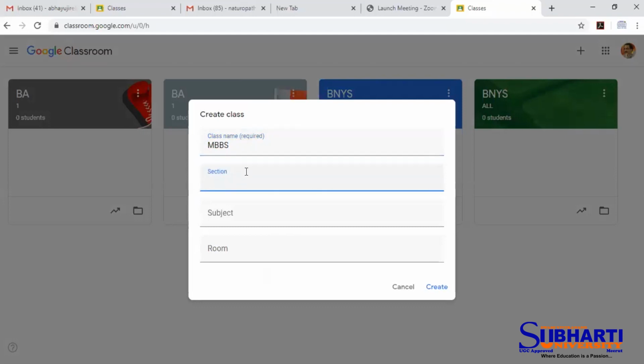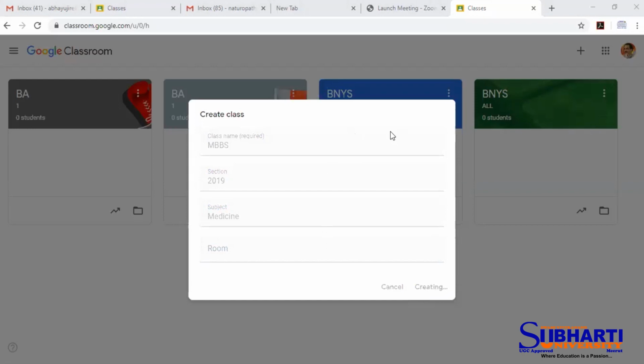If we have a section, we can enter it, or we can write the year 2019. So this is for the MBBS 2019 batch, and the subject I am creating now is medicine. If you want, you can add the room, or you can just leave it, and then we can click on create. Now it starts creating.